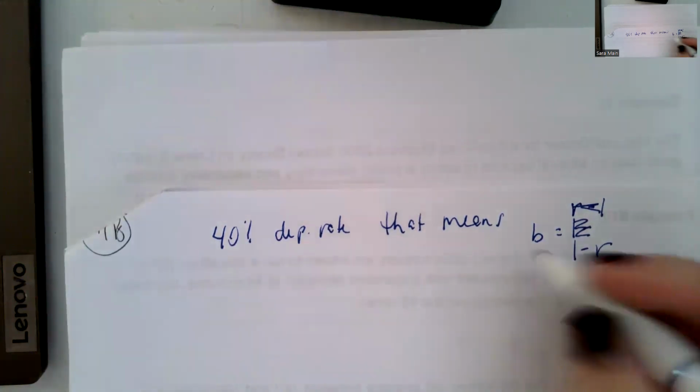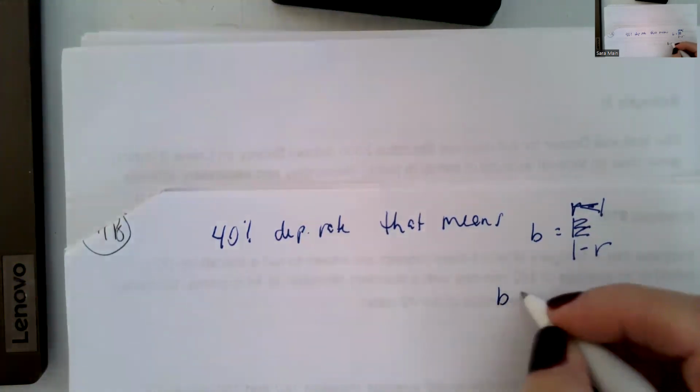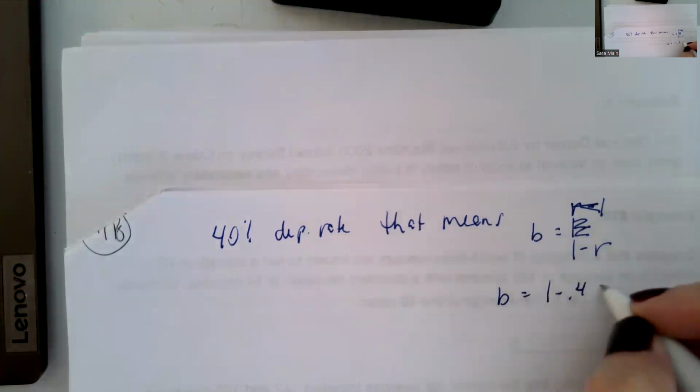I had to sort it out there. So B is 1 minus that 0.4, which is going to be